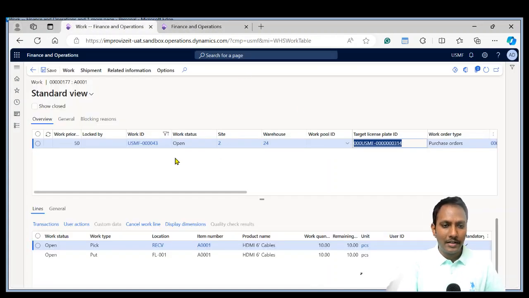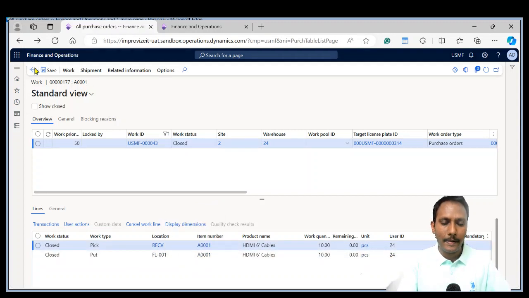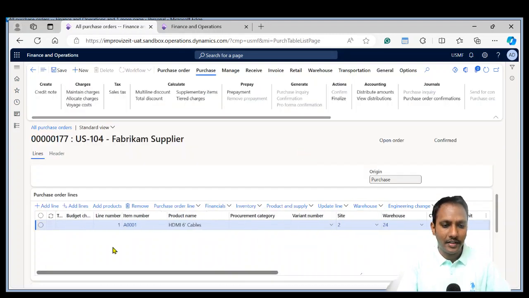Now you go back to your work in this screen and you see, previously the status was open. Now I refresh this screen, then you see the work is closed, which means the warehouse worker picked it from the receiving location and then put it in the floor FL001 location. So he completed the work. Now if you go and check your inventory transactions for this item,